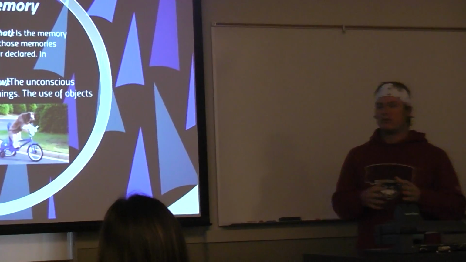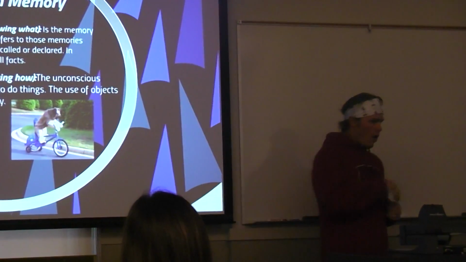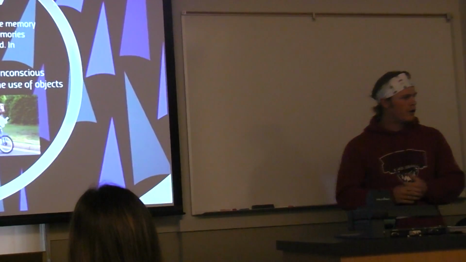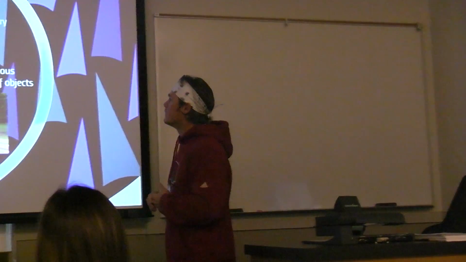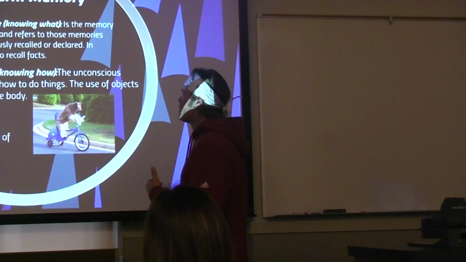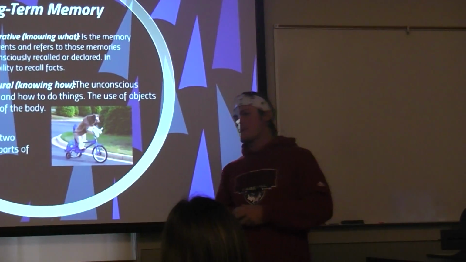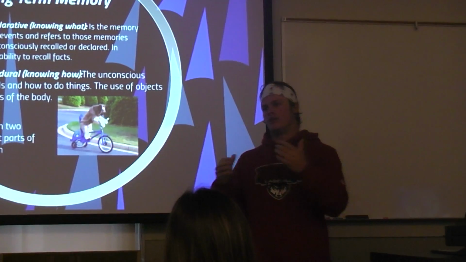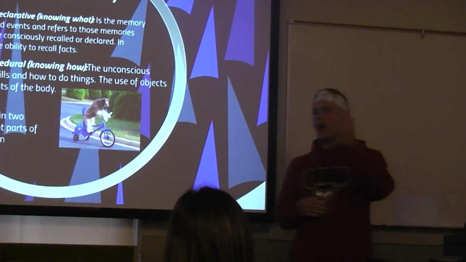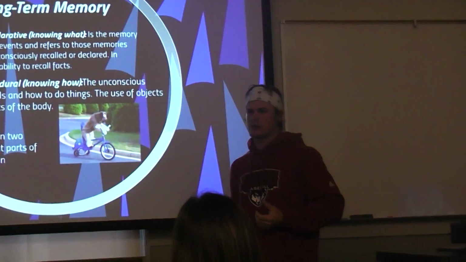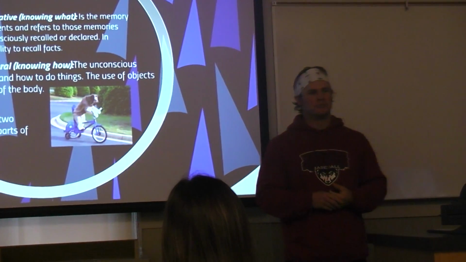For long-term memory, we have explicit and implicit long-term memory. Explicit, also known as declarative, or the knowing-what part of long-term memory, is the part of memory that retains facts and events and refers to those memories that can be consciously recalled or declared, in other words the ability to recall facts. Dr. H has used this term before. We all know when Columbus sailed over here, 1492. What day were you born on? Who teaches this class? Facts, information that you can regurgitate,